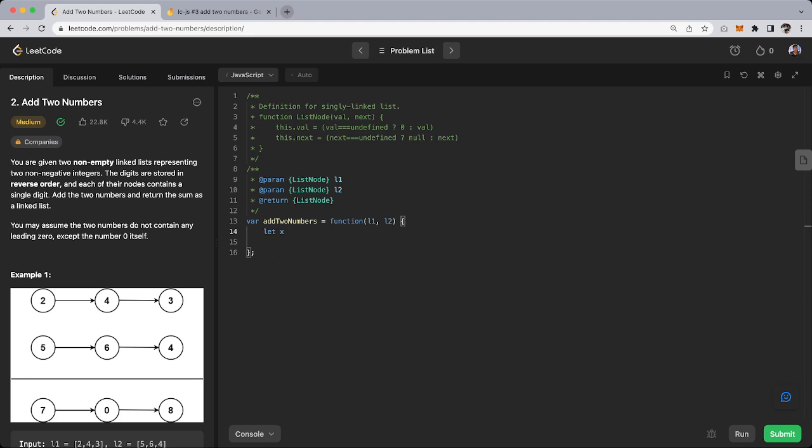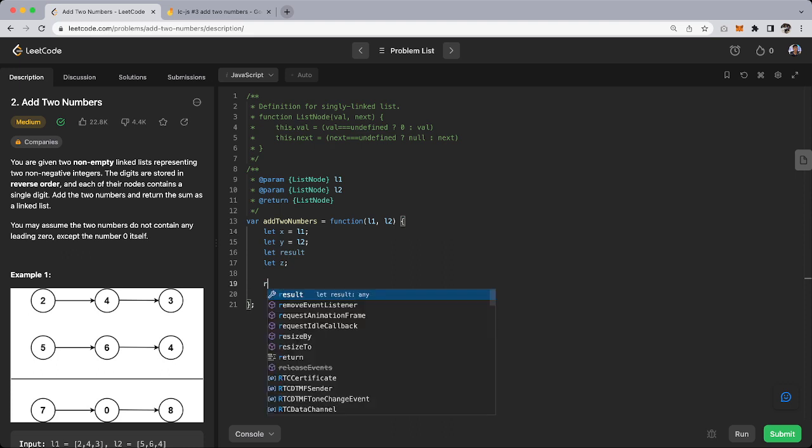L1 represents our first number. So to make things simple, I'm just going to rename it as X. And the second, L2, linked list number 2, as Y. And recall we need to add these together into a new linked list. Now, before I instantiate Z, I'm going to first instantiate the result. I'm going to get back to that in 1 second, and I'm going to return the result